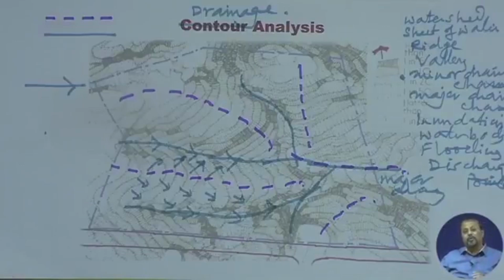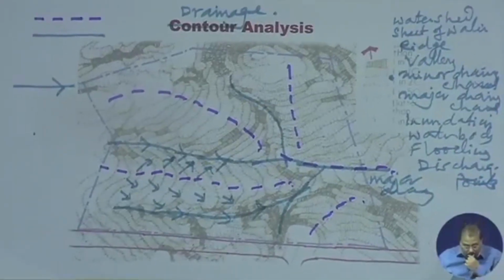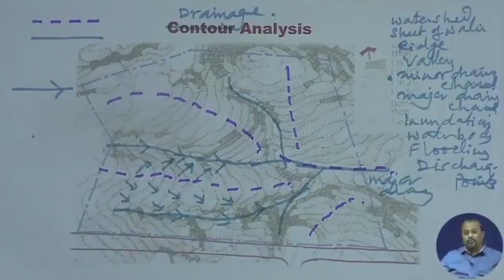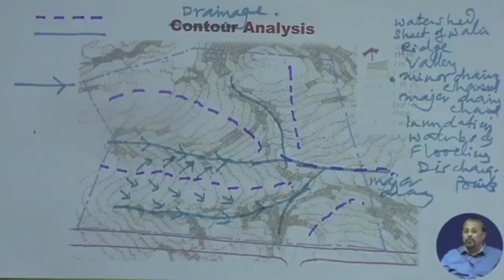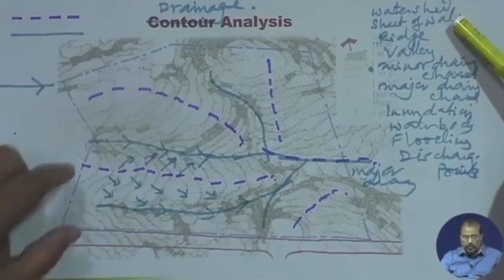So which direction the water is flowing, you have to state very, very clearly. Ridge does not have any arrow. Never by mistake give an arrow to the ridge, because it will give a wrong interpretation, but the valley it is. Okay, now if I go to this particular legend, watershed or the sheet of water flow that I have